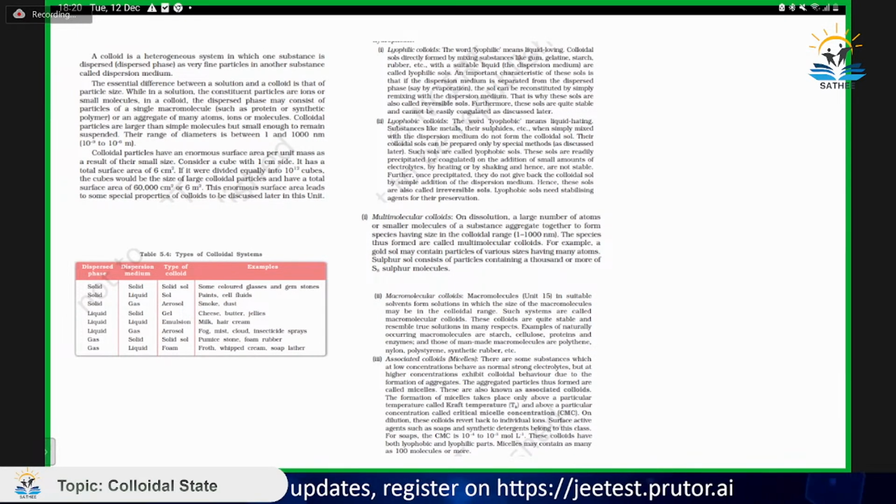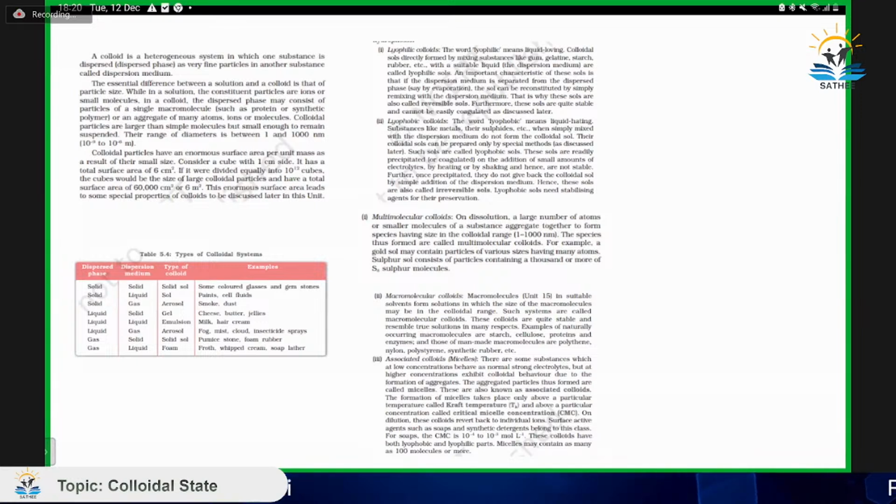Colloidal particles have an enormous surface area based on the logic that amorphous substances have higher surface area than crystalline substances. And you can figure this out by cutting a cube into two. When you cut that into two pieces,